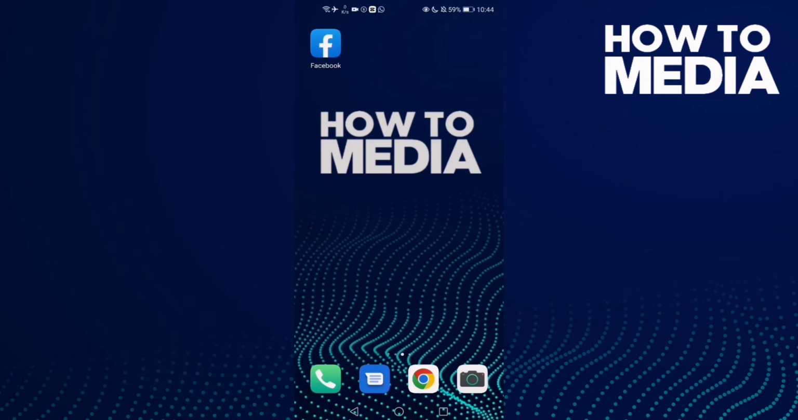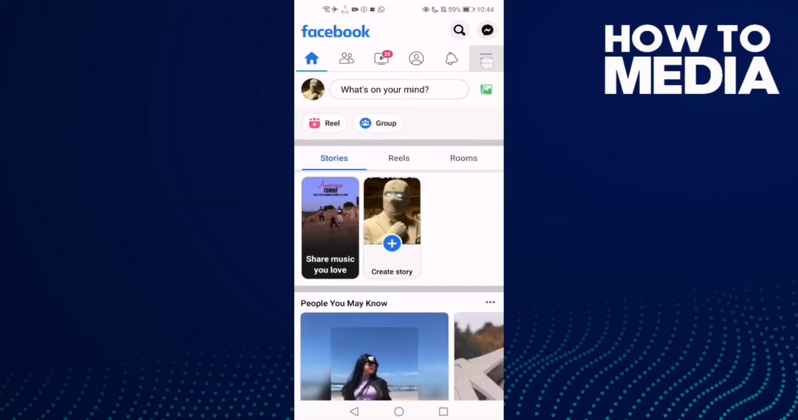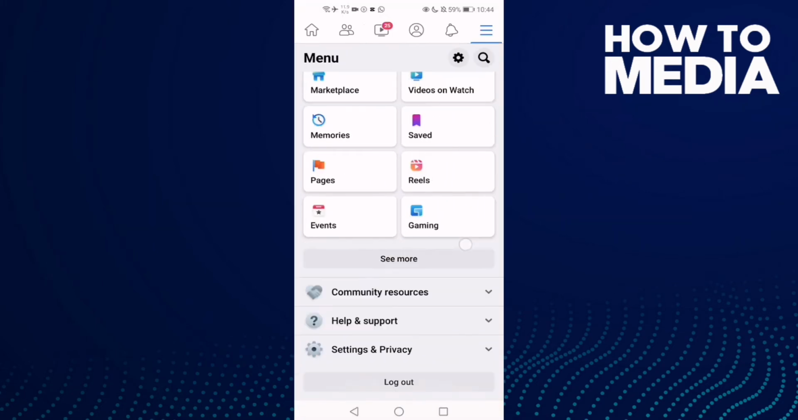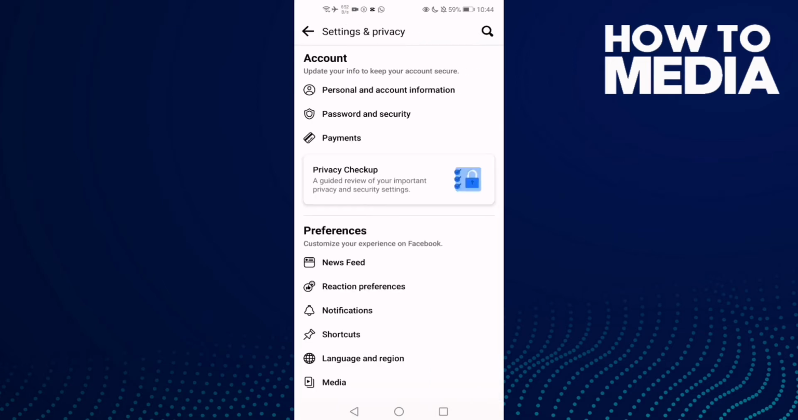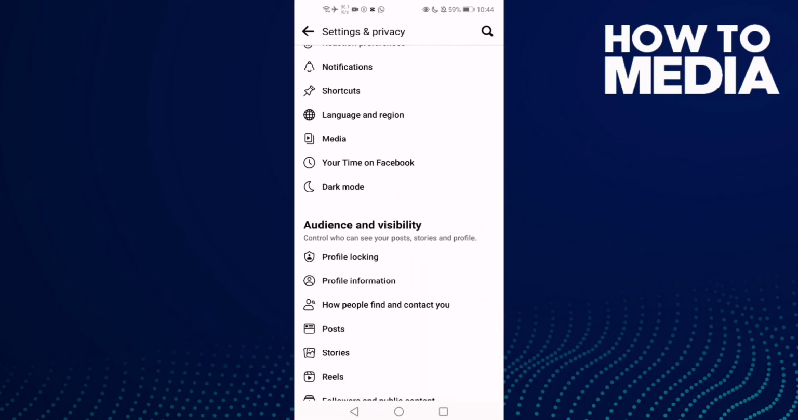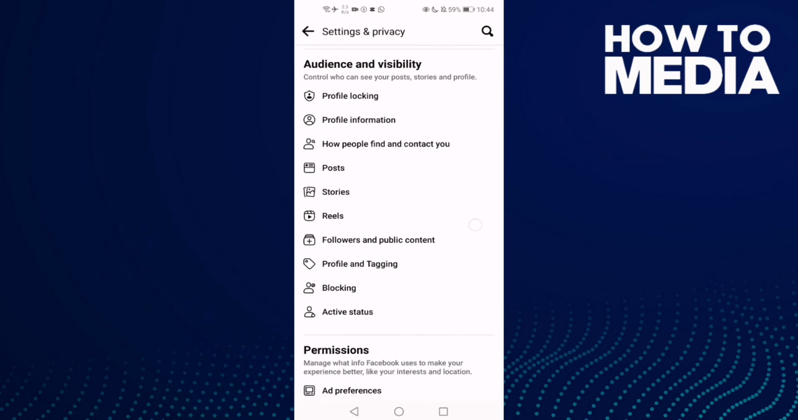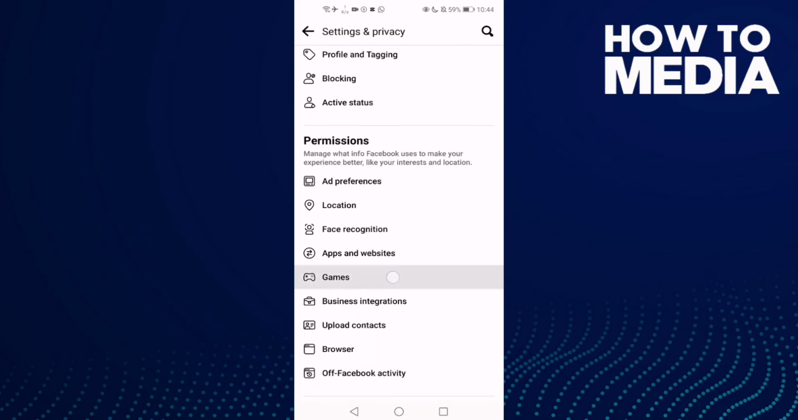First thing, go to Facebook and click these three lines here and go down until you find this settings and privacy, and then click settings, and now just go down until you find this one, games. Click on it